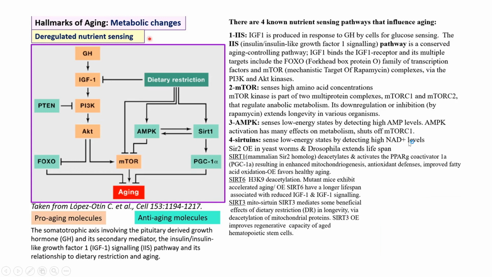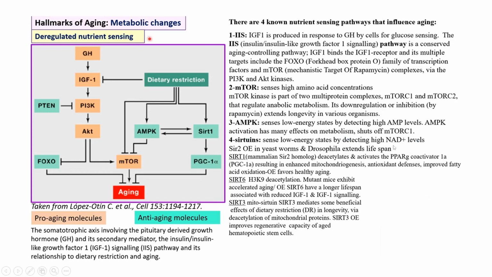When the glucose is higher, the citric acid cycle and the mitochondrial respiratory chain will be active. At that time, the NADH level will be higher. Okay, NADH level, not NAD level. NAD plus level will be higher in the low energy state. This is the oxidized form. When there is a high energy state, the NAD will be in the reduced form. So in low glucose concentration, high NAD plus level will activate the sirtuins.